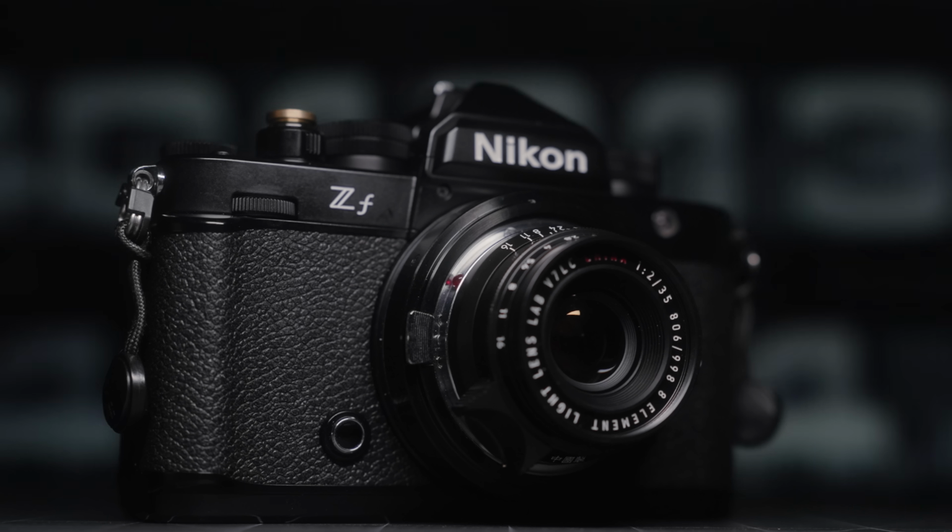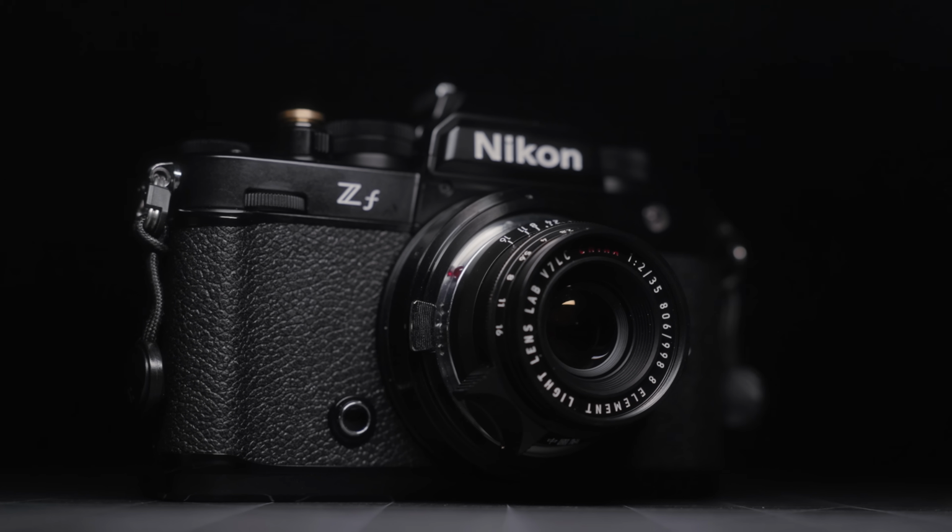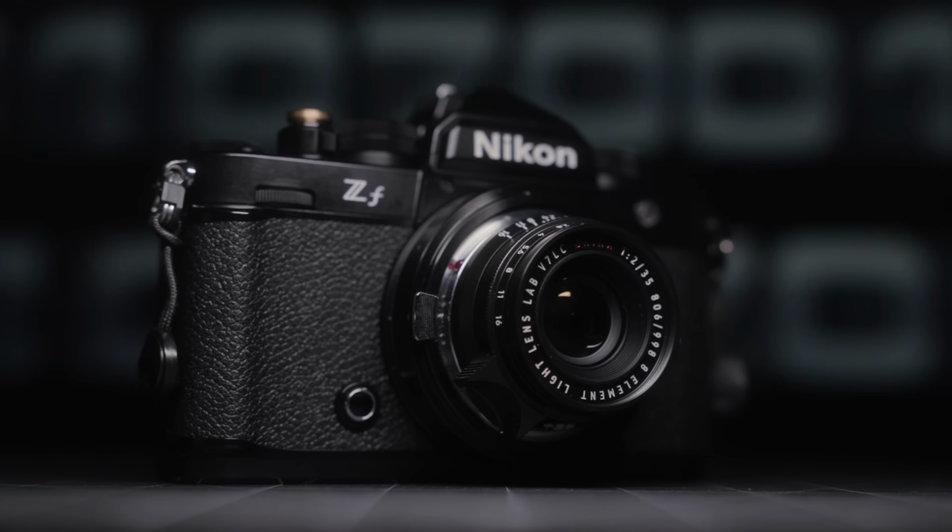Now, this ZF has been on loan to me from Nikon for like a year and a half now, and I do actually have to finally send it back at the end of this month, which is very, very sad. But that being said, I've used this just a ton in every different environment possible in the last year and a half or so. And one of the things I've been really into lately, probably just because I'm getting old,